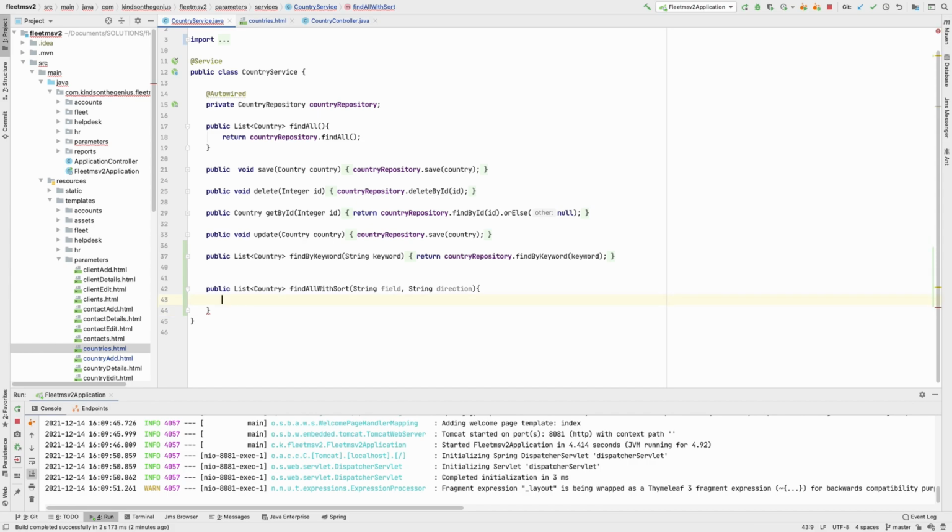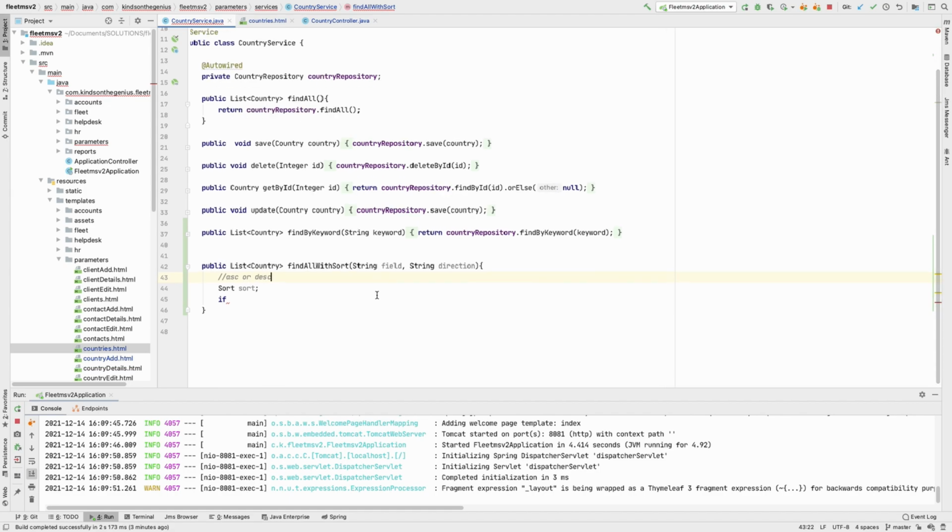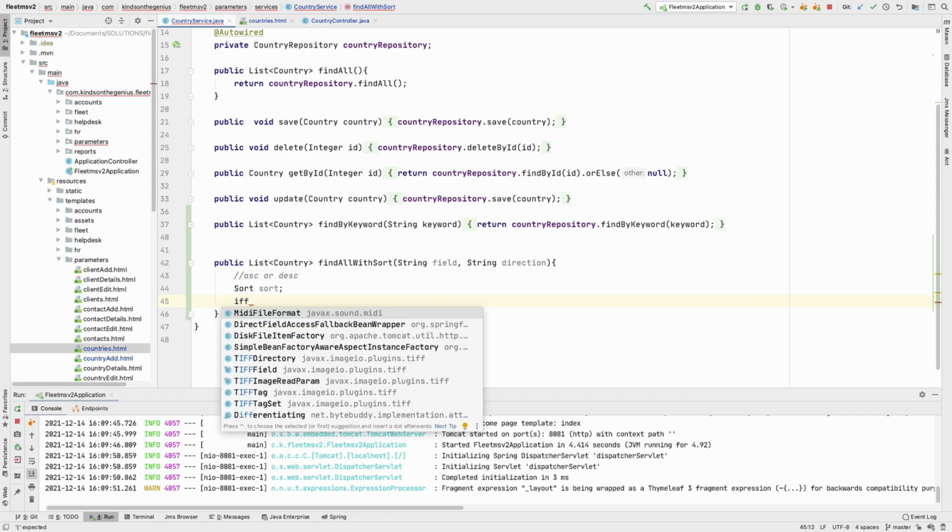The first thing we're going to do is create a sort object called sort, and this sort object is going to sort by the given direction, based on the direction given here. So at this point, I'm going to say sort. Let me just write something here. It's going to be ASC or DESC. So we are going to say if this direction